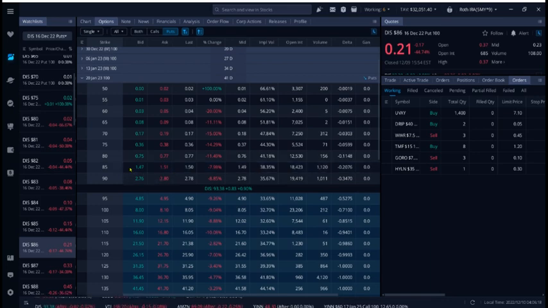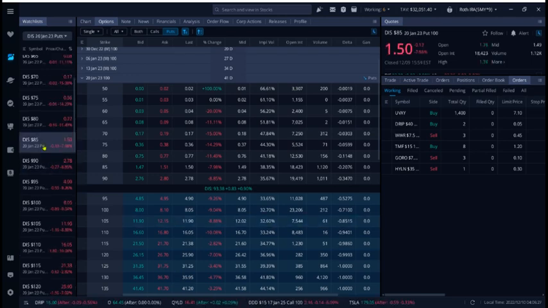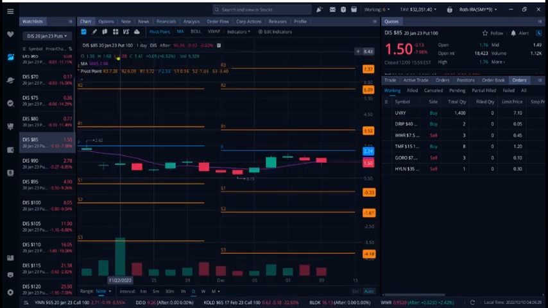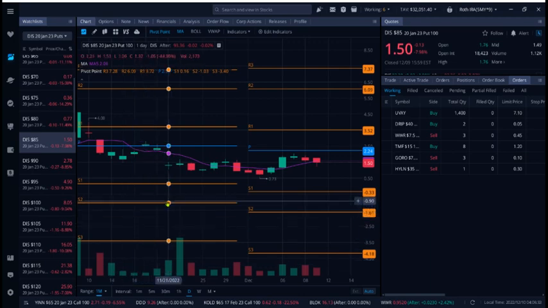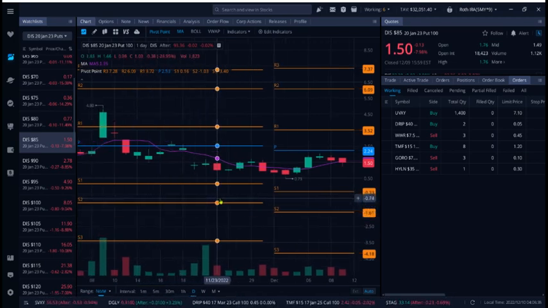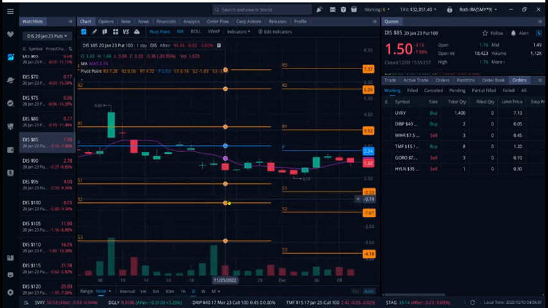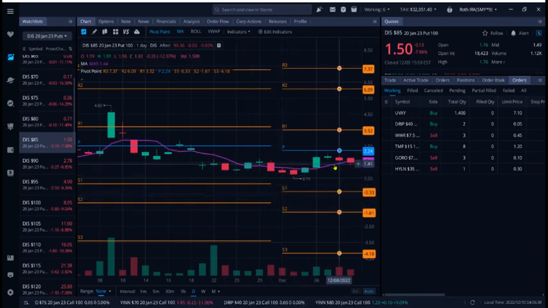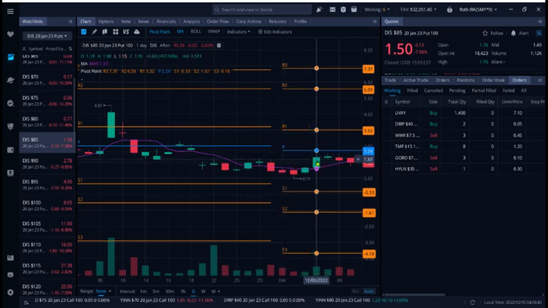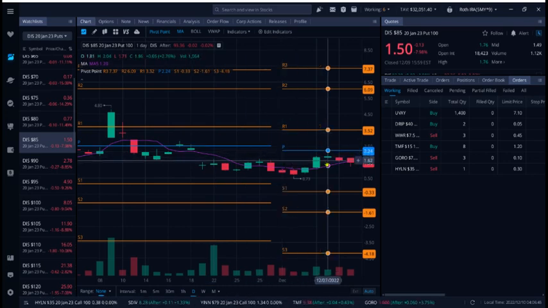So again, if I right click on the $85 strike price, I can view the January 23 puts in the stocks. It'll highlight that. I can jump over to the chart, and then I can look at the pricing for the January 23 puts for Disney. And now again, we can see the high price back in early November was 480. The most recent high was